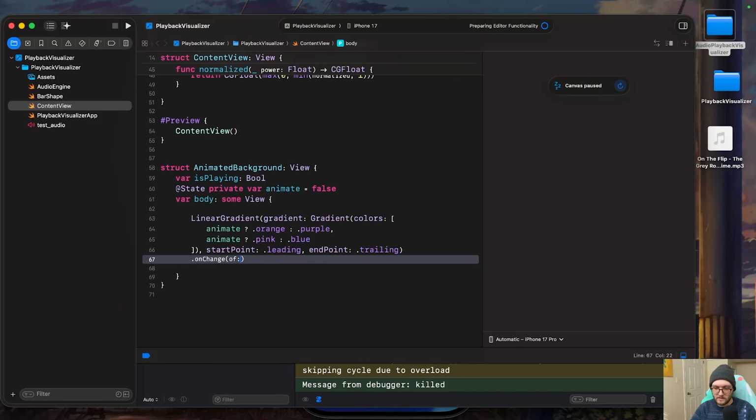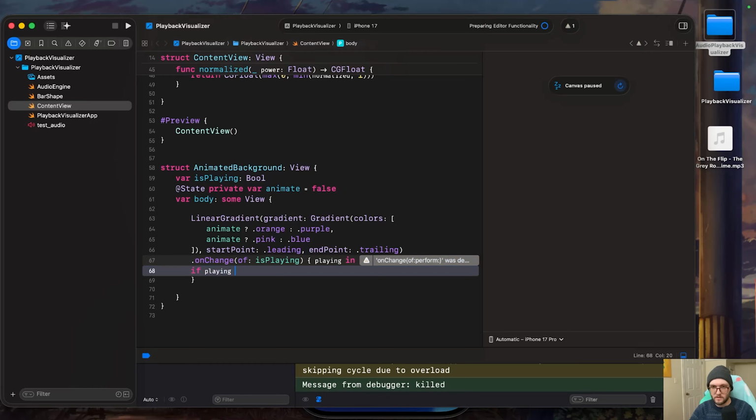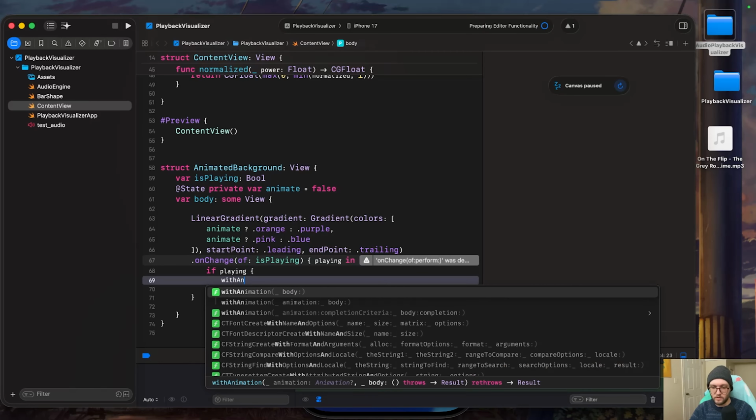And this is going to be based off of, let's do it for the isPlaying, which is that Boolean flag for whether or not the music is playing or not. We'll add a brace and we'll say playing in, and this is where we'll handle our start/stop background animation with playback. So if it's playing, we can add a brace here. We can have withAnimation,